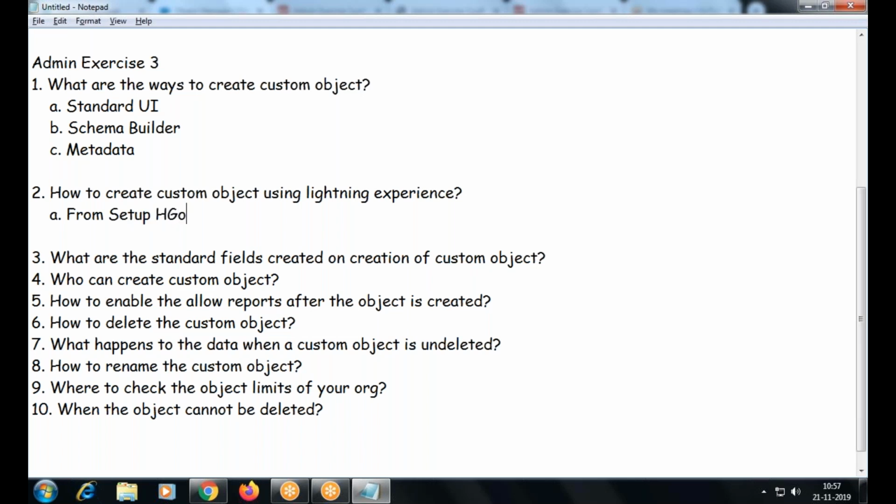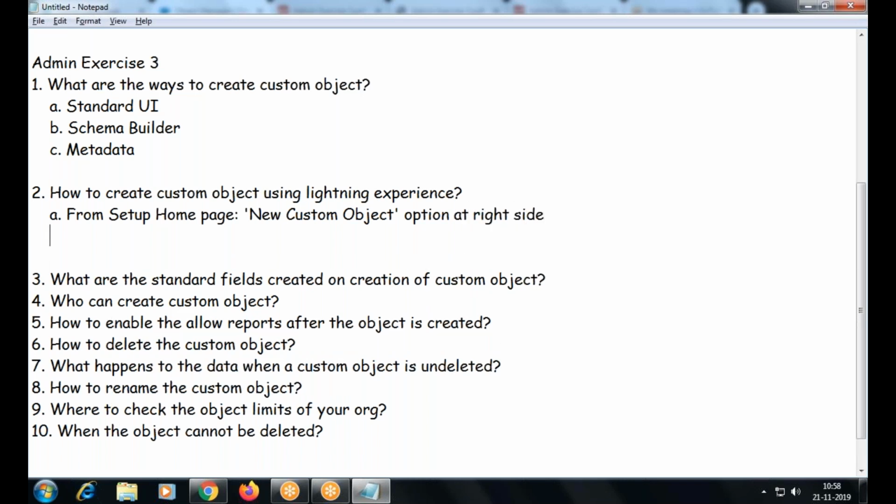From setup, home page, at the right side.